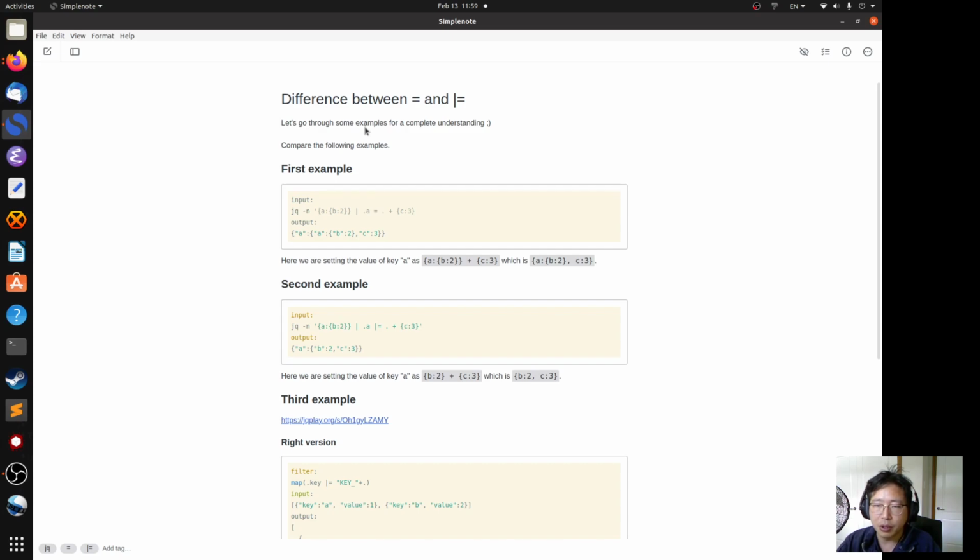This topic will be the difference between equals and this variant. Okay, so we're gonna go through 3 examples and see the difference. First example, so it's saying we're trying to set the value of the key A